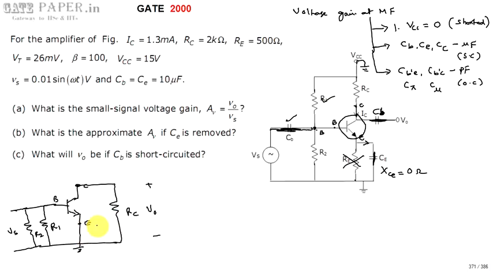But since we are going with the same circuit, for both cases, whether CE is present or not present, that is, RE is present or not, I am only interested in calculating voltage gain, so I am using the R parameter model. You can use the T parameter model also. The R parameter model consists of an input resistance R pi and an output current source.